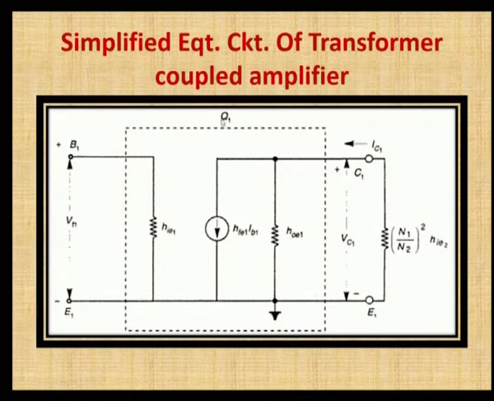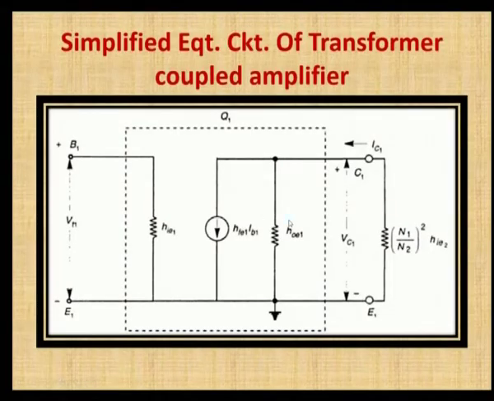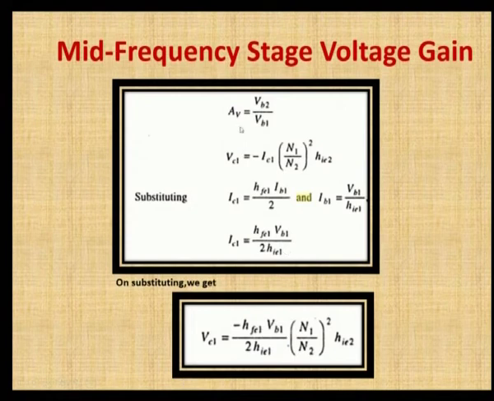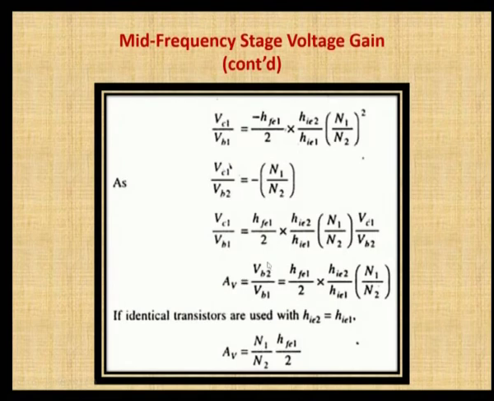Here the base, emitter, and the transistor part are replaced by the hybrid parameters, and this is the output voltage and output current. We have considered this circuit as the mid band equivalent circuit, and there is no capacitance seen here. At the mid frequency range the effect of the capacitors is negligible, and so this is the circuit. From this circuit, if you calculate the voltage gain, we know that the voltage gain is VB2 by VB1, and VCE1 is calculated from the circuit, and from that we have calculated VB2 by VB1 as N1 by N2 into